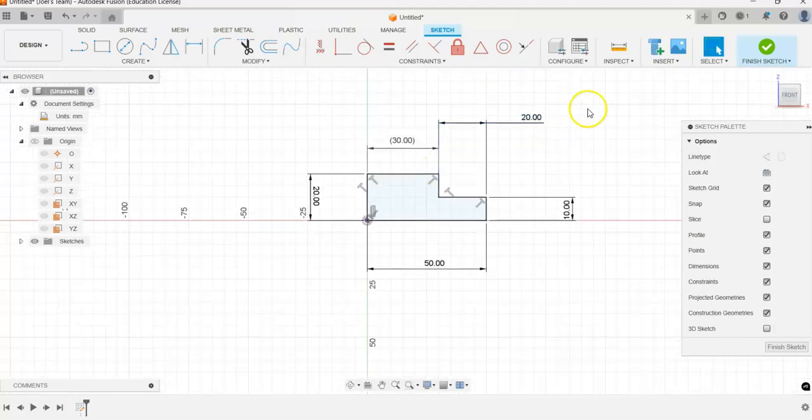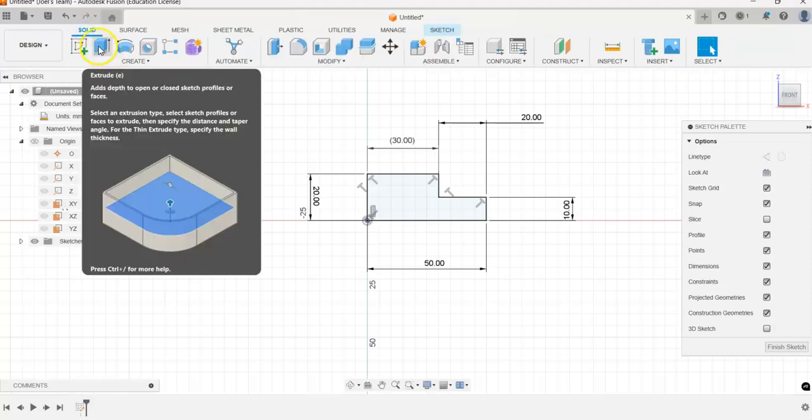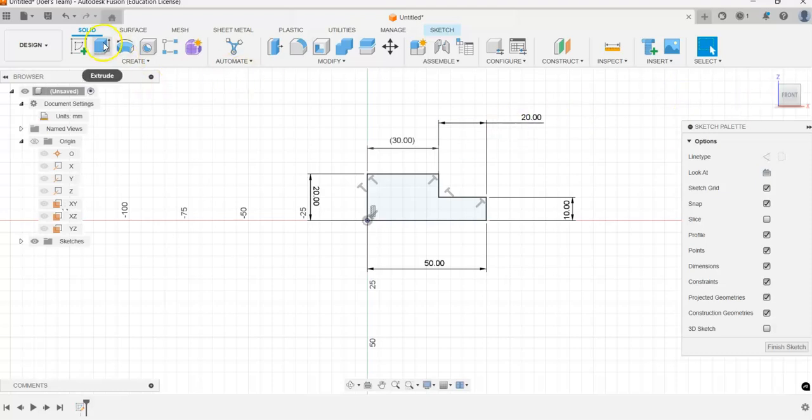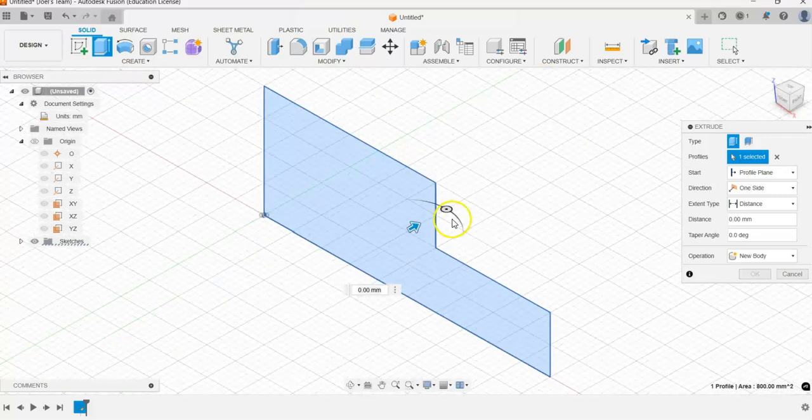So the two things we can do now, we can either finish our sketch to complete that one, or we can directly go over here and go solid and extrude. This is going to turn this into a 3D shape. So if I click on extrude, now the only problem I've got using this way is that I do want to move my model. If I go back to home, it makes it a little bit clearer to see. So now